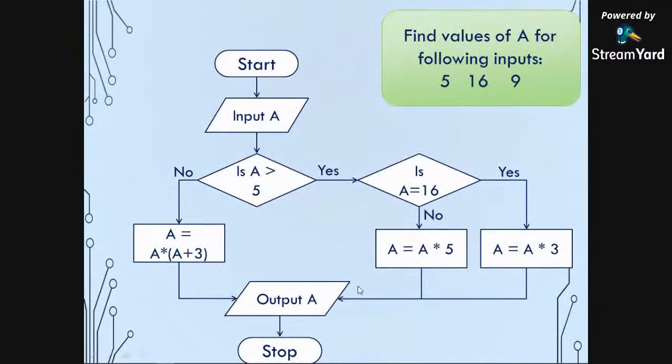So, I'm going to go on to this one here. Hopefully you managed to get an idea of what you wanted to do for the other one. But find the values of A for these inputs. So if the input was 5, what would the output be? If the input was 16, what would the output be? And if the input was 9, what would the output be? Okay. So I'm going to give you another couple of minutes just to try and work that out. And then actually I'm going to give you this straight away so that you can do that in your own